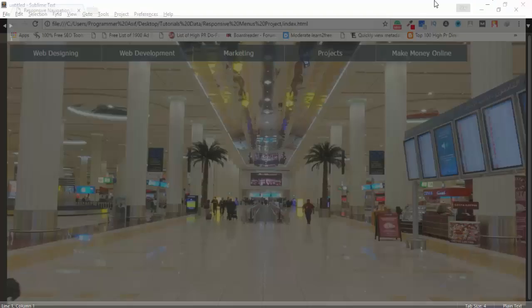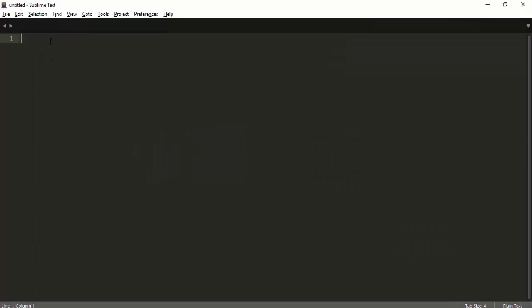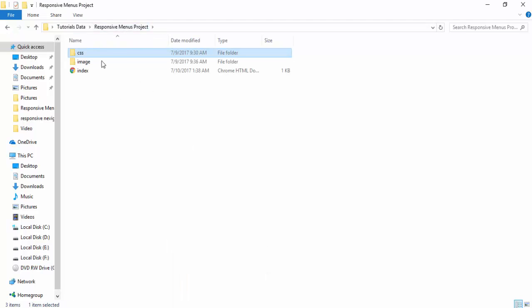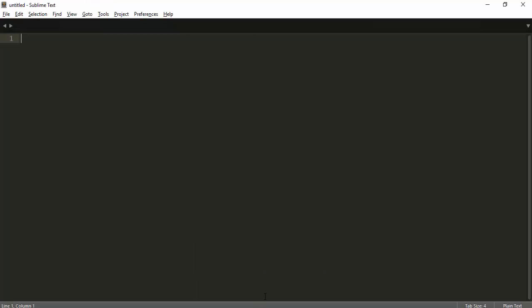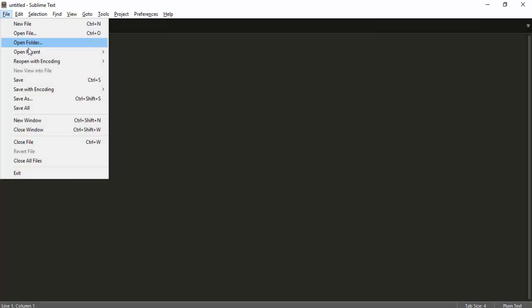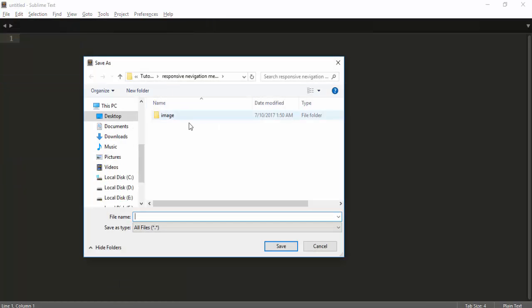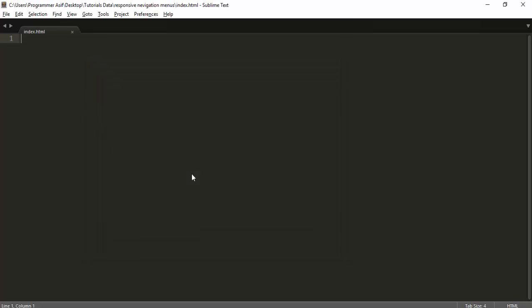So let's get started. This is my text editor, or code editor, and I use this image. I will use this image in this project. I have already downloaded the image, so let's start to set up the files. First, I create the file named index.html and write the basic syntax of HTML,